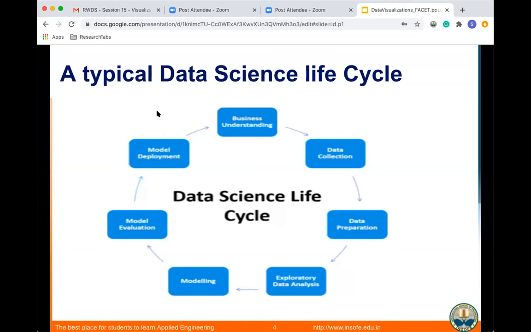Because our focus is on visualization, I'm putting a typical data science life cycle here, where we try to understand the business, and then, based on the type of domain, the answers you gave. If it is colleges, you have student data. If it is an organization, you will have employer and employee data.